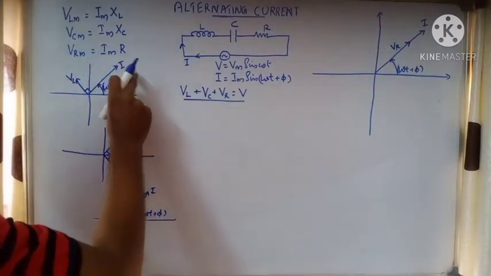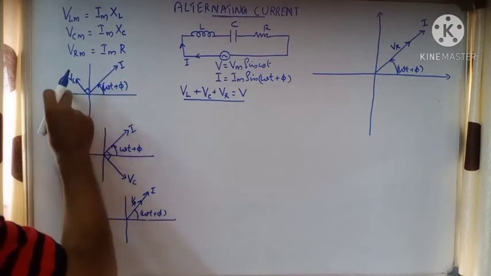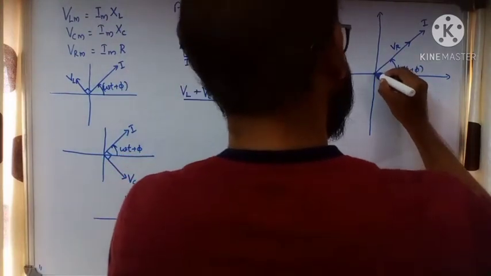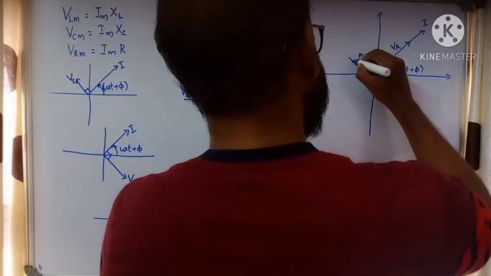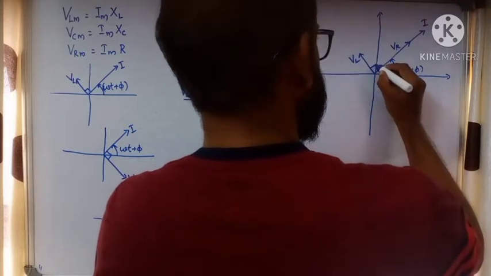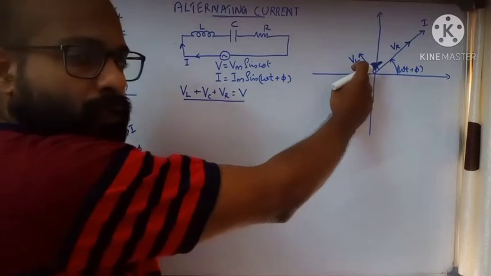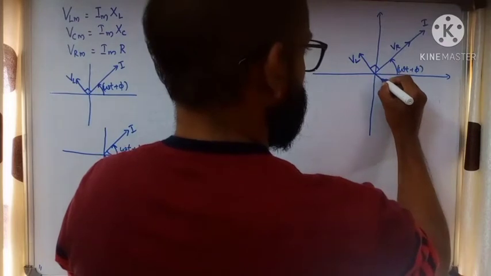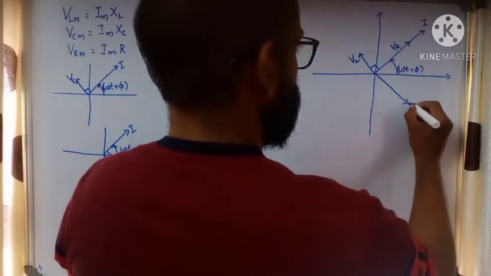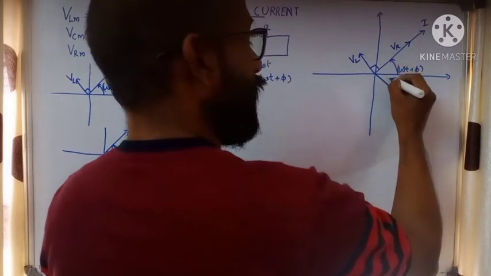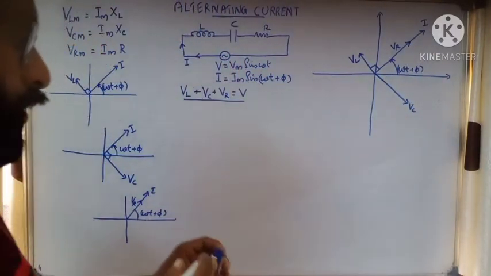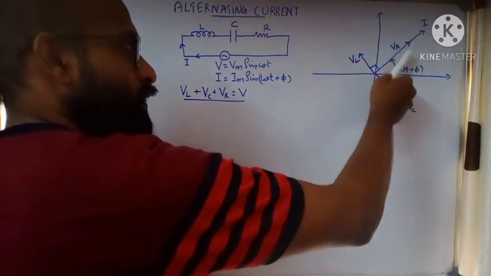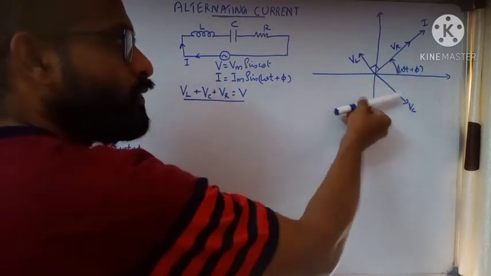Now we need to see the voltage across the inductor. Make an angle pi by 2 with I. I'm just drawing this with respect to this. This is VL, just making an angle pi by 2. Pi by 2 is leading, voltage leading. Then I need to represent VC. This is VC, lagging current by pi by 2. So actually we have taken current as a reference. Then with respect to current, we have seen vectors of voltage across resistor, inductor and capacitor.